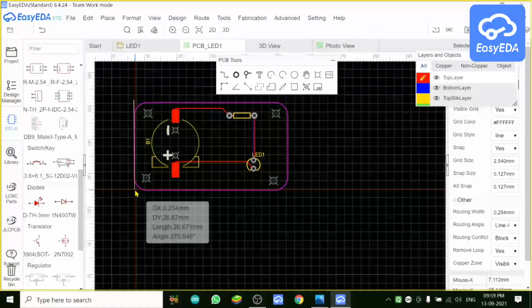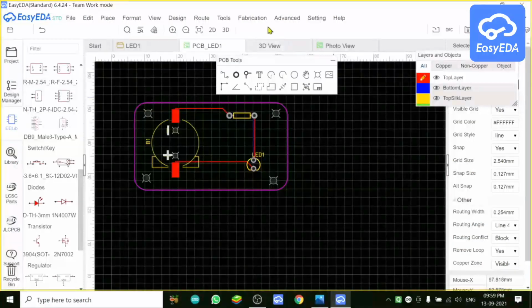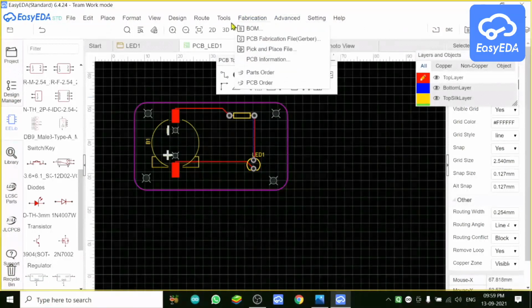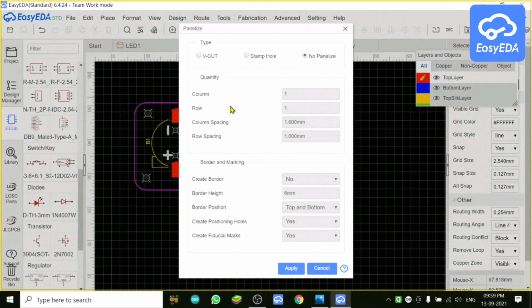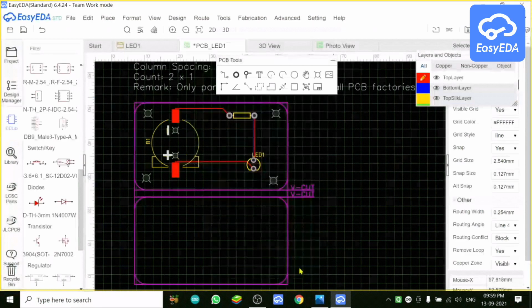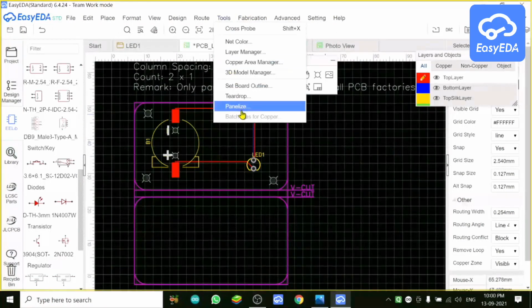It is near about 26. So now we know the size of our PCB overall, and this is the panelizing. Now what people do, they just place an order for this one PCB, when you can get 6 PCBs in one piece, because they charge for 10 centimeter by 10 centimeter. In 10 centimeter by 10 centimeter we can make 6. So 5 10 centimeter by 10 centimeter PCBs, we can get 30 PCBs,